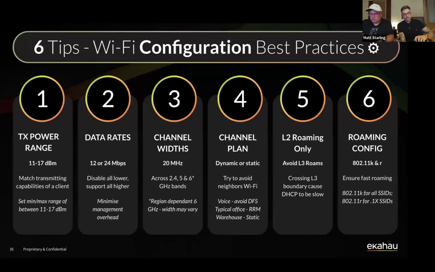So it's much better to make sure that your deployment transmit power ranges match what you've gone in with your design that you know is going to work. When it comes to data rates, again, this is just a guide and recommendation because it's not always one size fits all and it is always on a case by case basis. Our recommendation that we'll make to you 9 times out of 10 is that you should use, for your minimum basic rates for your SSIDs, either 12 megs or 24 megabits per second.